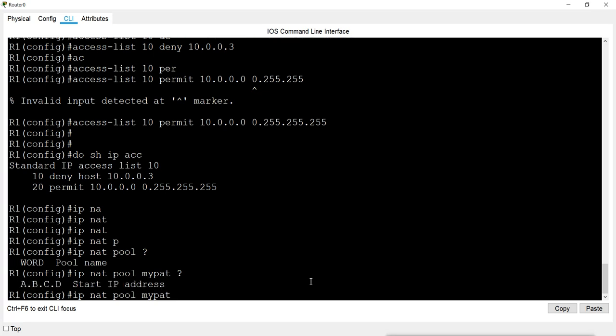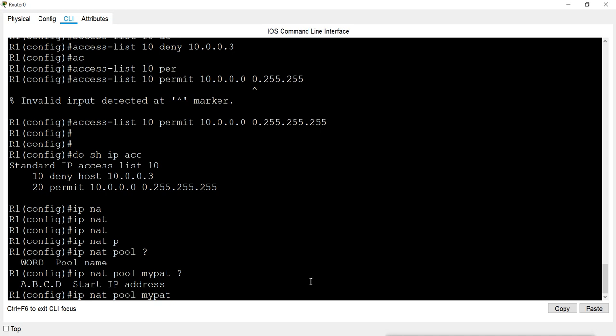Remember, we have only one public IP. So if you have only one public IP, what will be the start IP and the end IP? Both IPs will be the same.